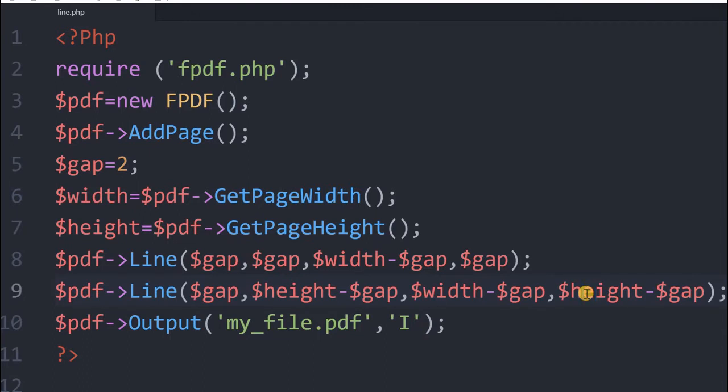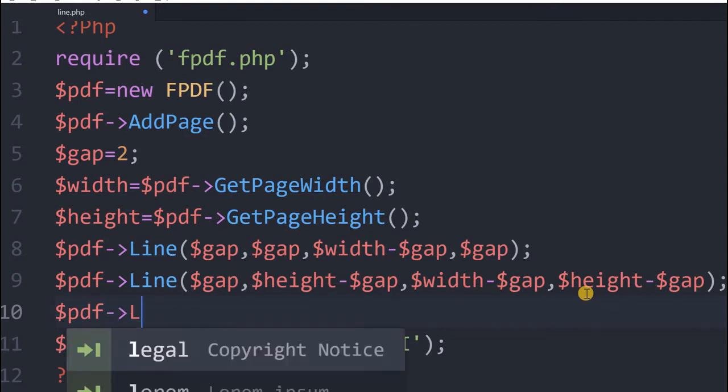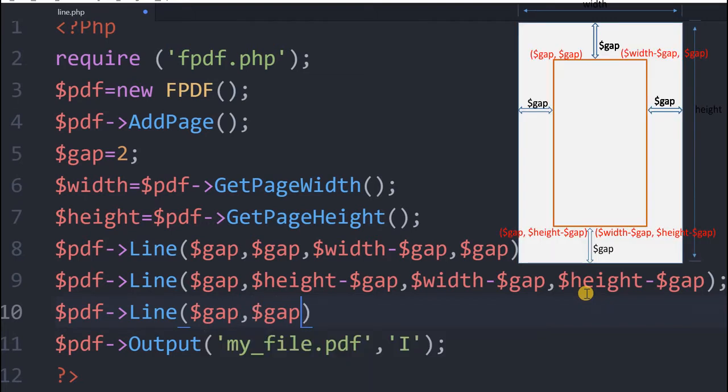Four lines we have to draw on the four sides. So line. Now we are maintaining the gap again. Again gap. Now tell me which line I am drawing.